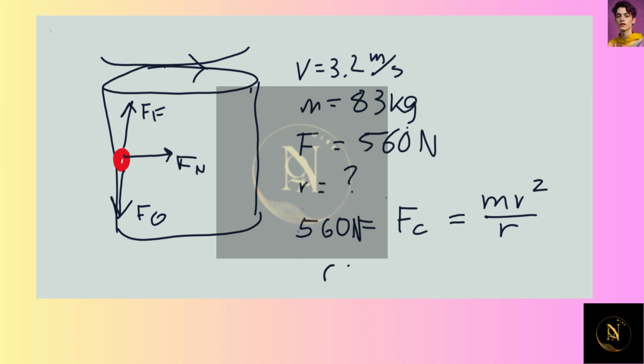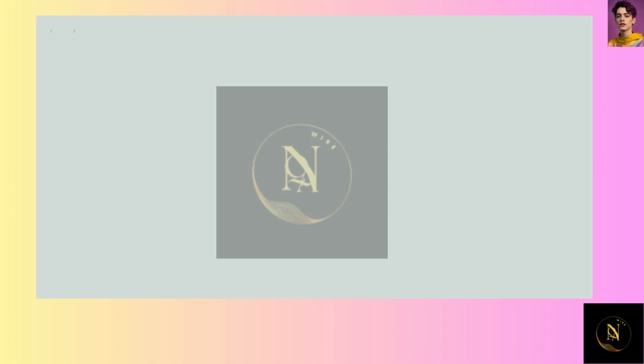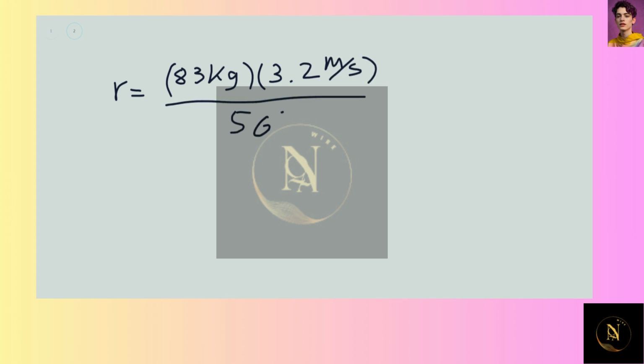Now, if we want to solve for r, all we have to do is rearrange. We get r is mv squared over 560 N. Now, when we plug in our quantities from earlier, our m is equal to 83 kilograms, and our v is 3.2 meters per second, and that's all over 560 N. Now, we're going to find that r is equal to